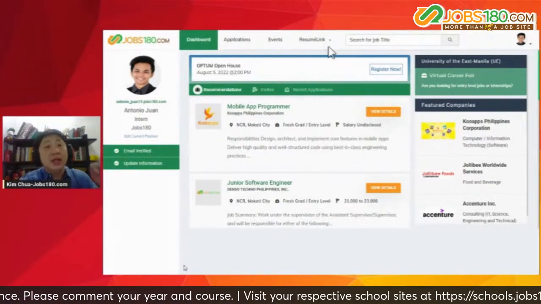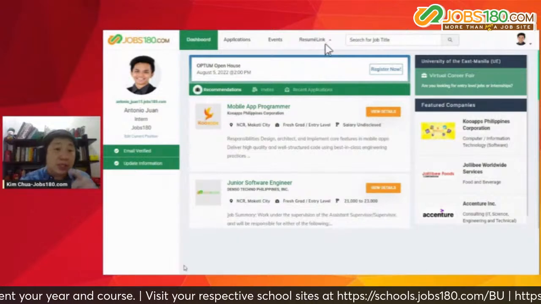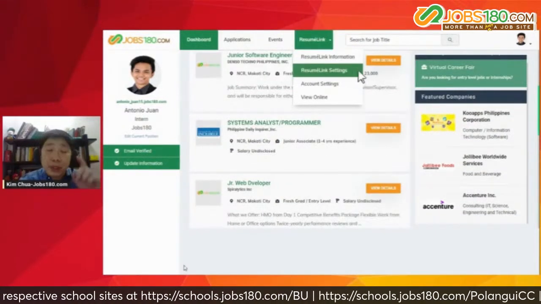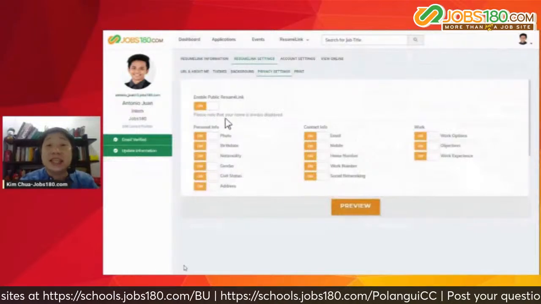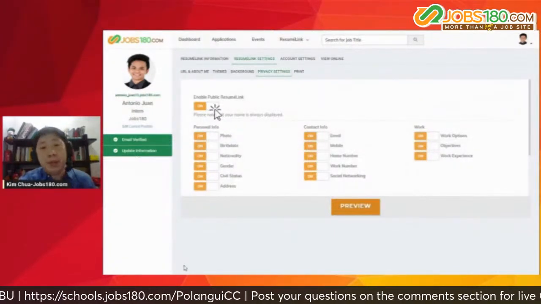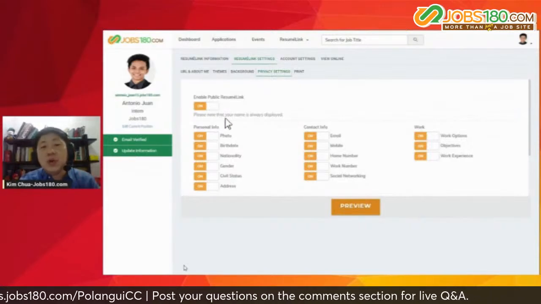And how will that happen? When you log into your dashboard, as you can see in my screen, you will find the ResumeLink settings. Pagpunta mo sa settings, mapuntahan mo yung privacy settings at doon ka mamili ngayon ng information you want to show or hide in public. So let me use an example. If you don't want